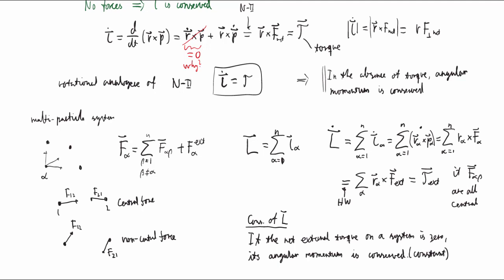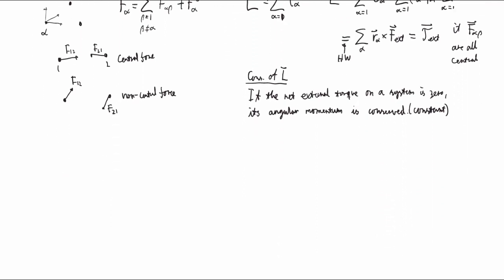If the net external torque on a system is 0, then its angular momentum is conserved, or constant. All right. So let's apply this now to a specific case in celestial mechanics. You may be familiar with Kepler's laws. In particular, now we're going to discuss Kepler's second law,